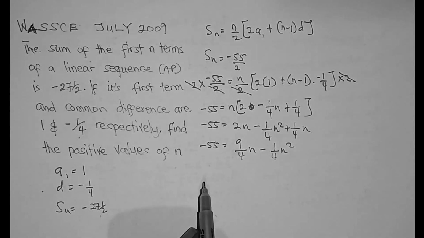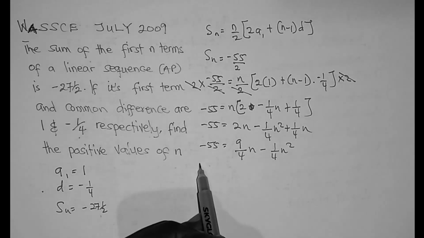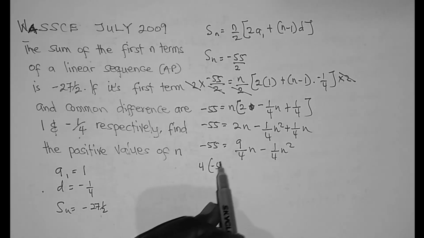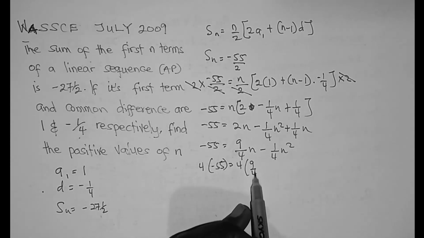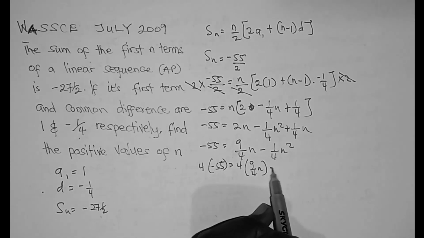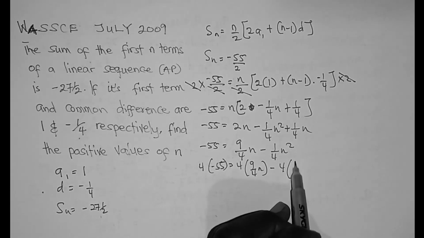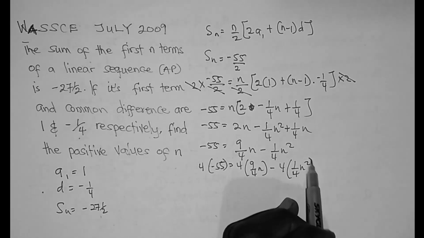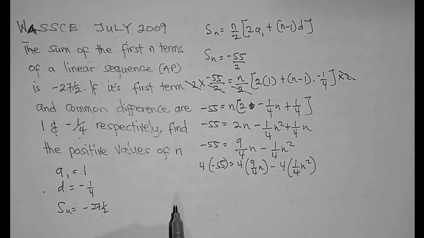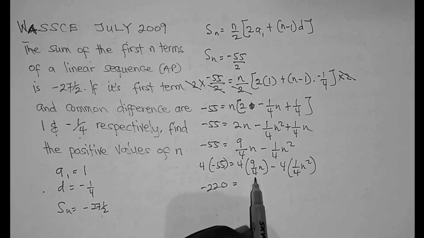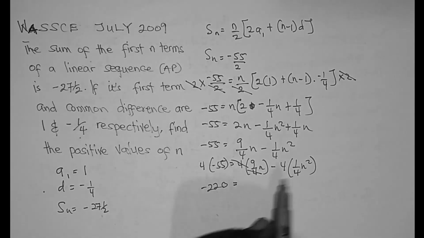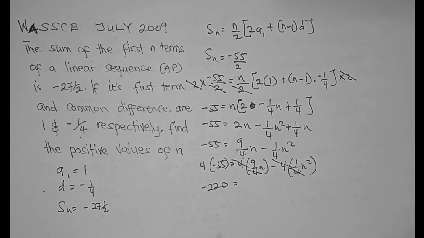So let's multiply through by 4. So this becomes 4 times minus 55 equals 4 times 9 over 4n, then minus 4 times 1 over 4n squared. So that's 4 times minus 55 equals minus 220, which is equal to this, and this can cancel out. This side and this side can cancel out. So it becomes 9n minus